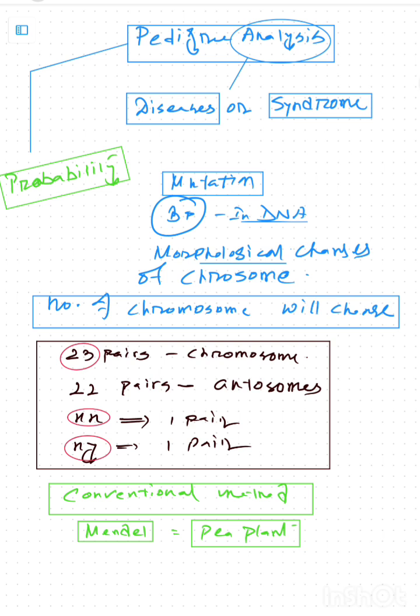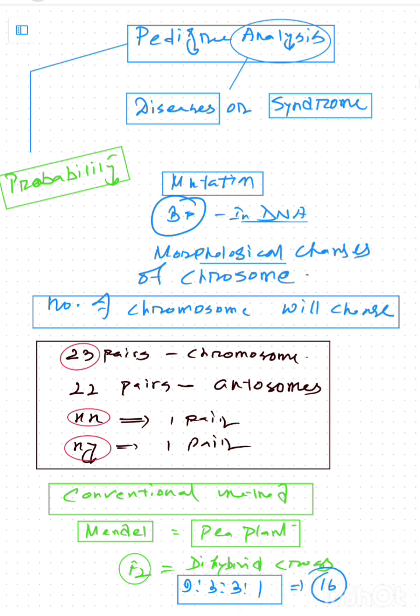Suppose in case of the F2 generation, normal crossing I am telling. In the F2 generation of a dihybrid cross, I think you may recall the ratio is 9:3:3:1, isn't it? This ratio is the phenotypic ratio. If you sum up, it should be 16. So 16 offspring will be produced. In the case of humans, to rule out problems or disorders after 16 progeny is never possible, because we know